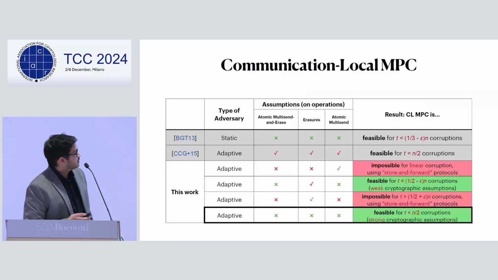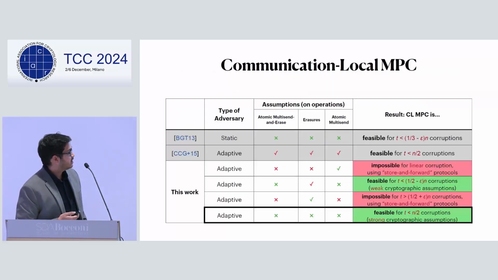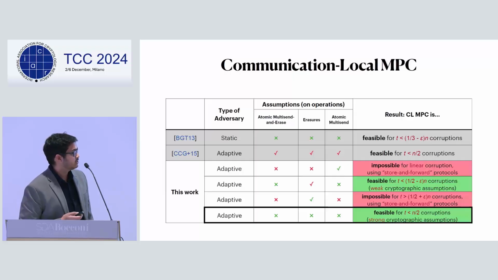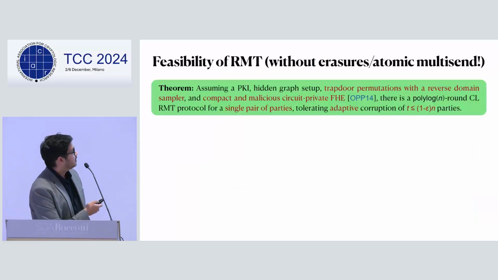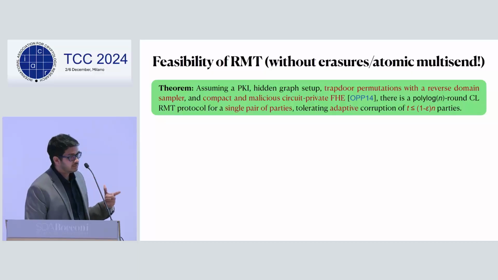And we next come to our final feasibility result, which does not rely on any atomicity assumptions, and it shows communication local MPC for honest majority from strong assumptions. And the assumptions we use here are a public key infrastructure, a hidden graph setup, trapdoor permutations with a reverse domain sampler, and compact and malicious circuit private fully homomorphic encryption. So very strong assumptions. And we show that there is a polylogarithmic round